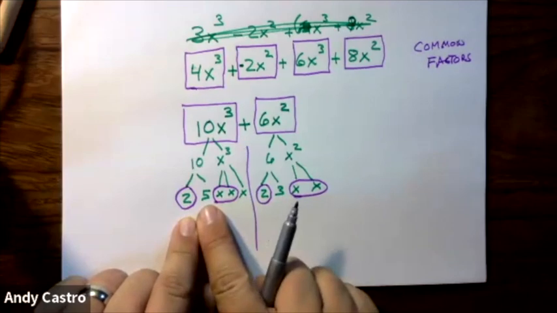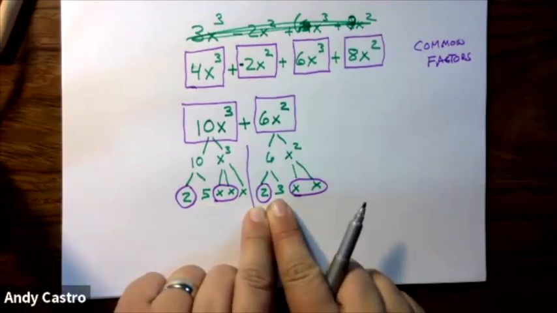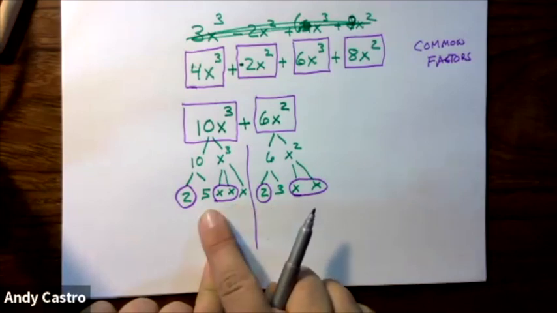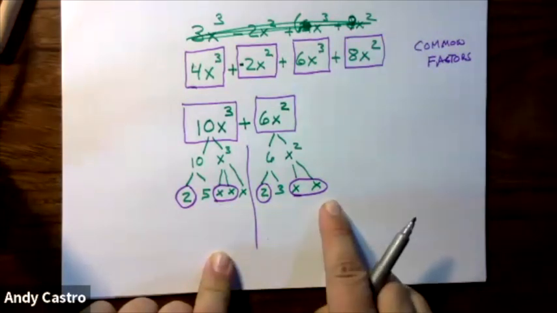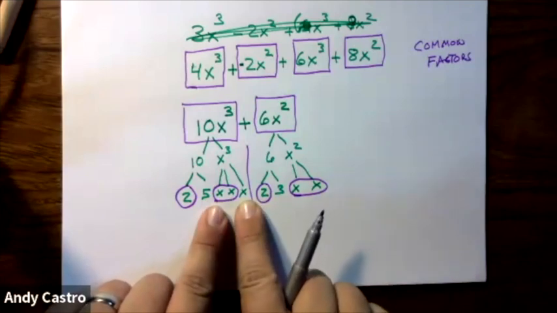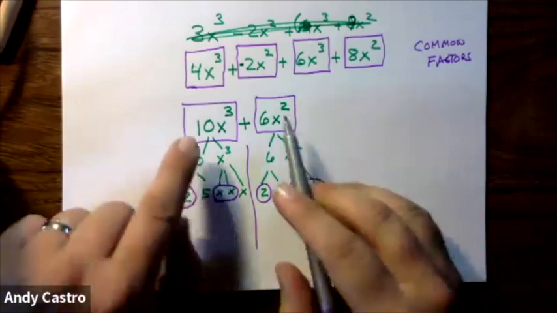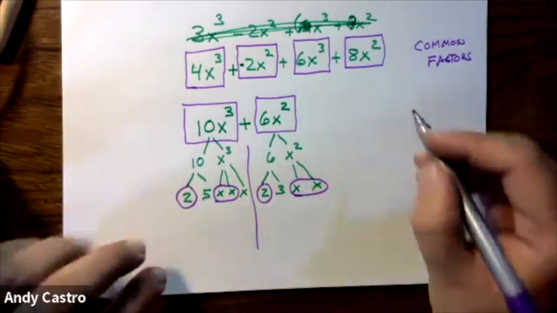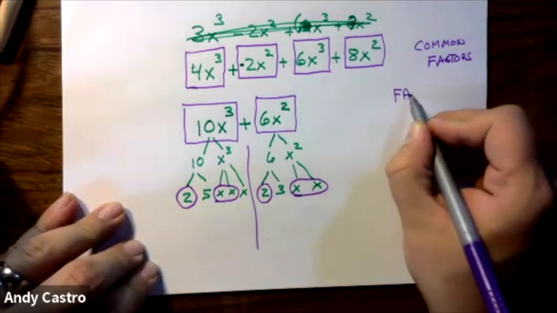However, only one of them has a 5 and only one of them has a 3. And then there's an extra x, right? This has 3 x's, this has 2. So they only have 2 in common. This one has an extra one. Okay? So in algebra, one of the things that I can do is I can factor